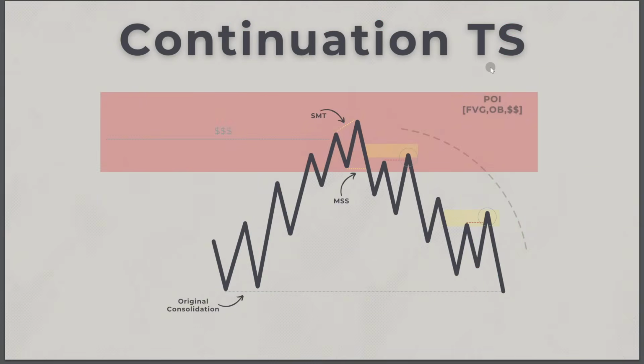Now the continuation turtle soup, and that's where everything becomes clear. So the same POI that we're having, now we're taking a look at this from another point of view. We have the liquidity level, we have the POI, again, fair value gap, order block, breaker block, any PD array that is valid. Now you see, price goes up here. We're not looking for this. We're not trying to catch the high. So whatever happens here, I don't really care, because of what was happening here in the left side of the curve,